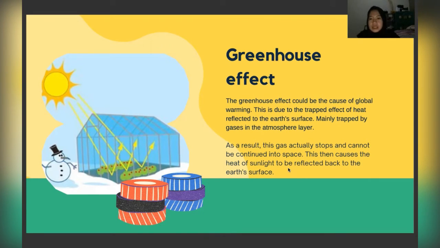This then causes the heat of sunlight to be reflected back into the Earth's surface. Like this illustration, the sunlight comes into the Earth and then with the greenhouse effect, the sunlight is reflected and goes back to